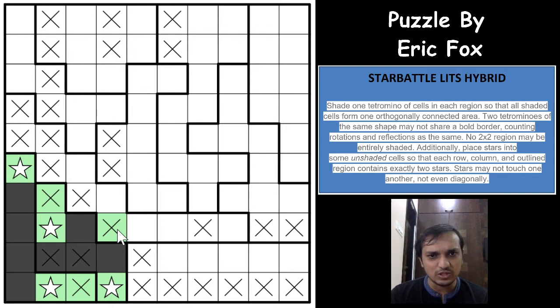there is a really good logic here. Now these 3 cells will have to have exactly 1 star, and you cannot form a tetromino here. So if you form a tetromino here, there is only one possible tetromino, that is an L tetromino, which is of course not possible. So there will not be a tetromino here, and this region will have a tetromino in these 7 cells. So this would have to be a common cell here, and with that do we get anything?